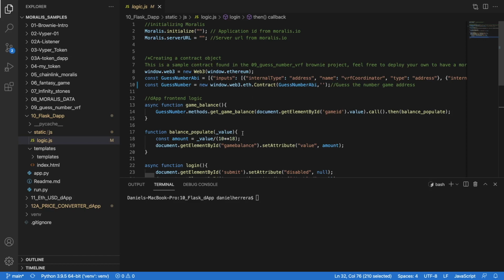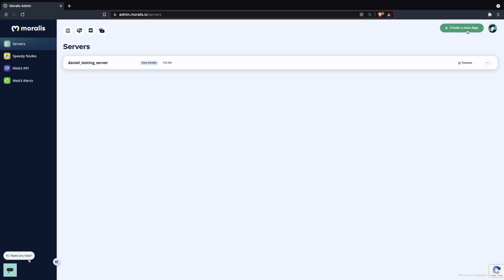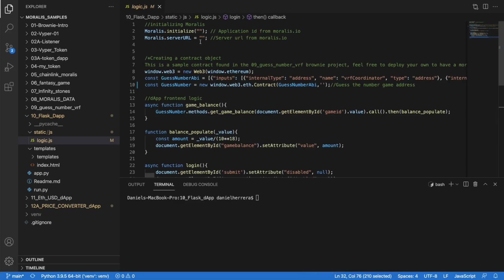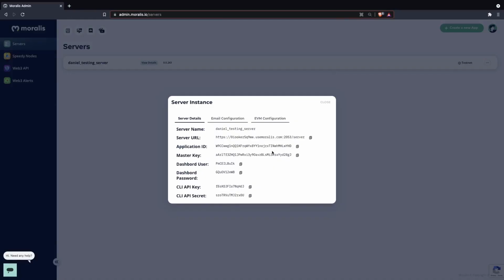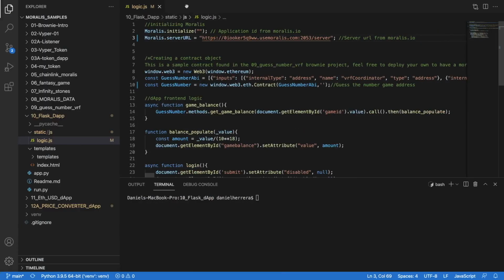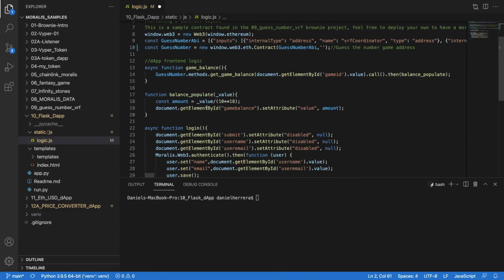So let's get to Moralis to get the data. In Moralis, if you don't have a server, you will have to create a new one, because this one is going bye-bye after I record the video. The element that you need for logging in is your server URL. And let's take that one to our Visual Studio Code. And we also need the application ID, which is over here. So with these two elements, we are able to log in our app with Metamask,